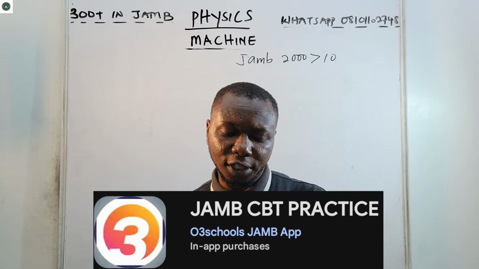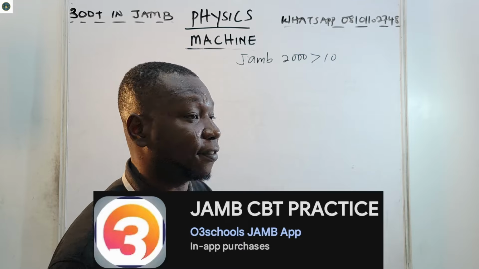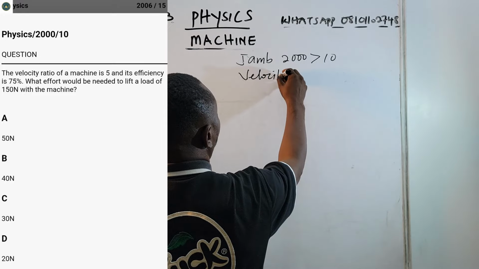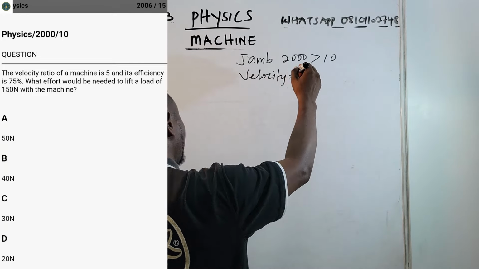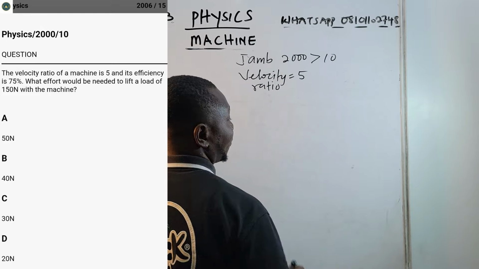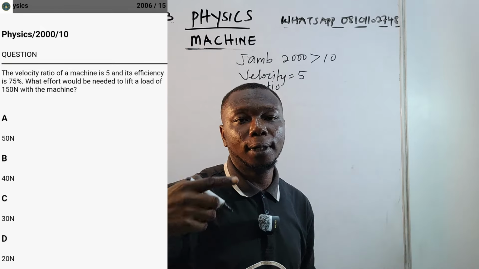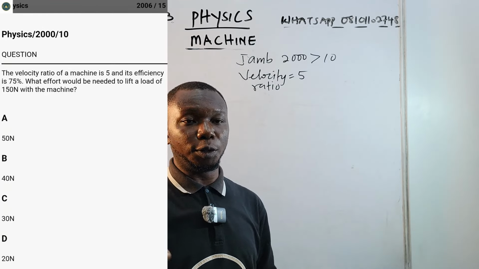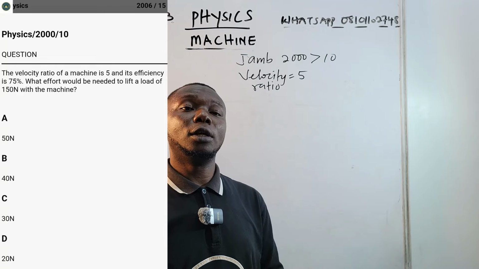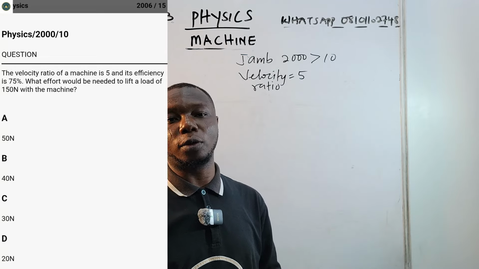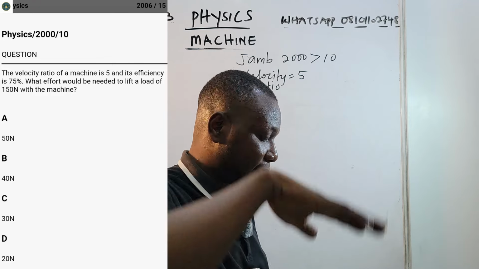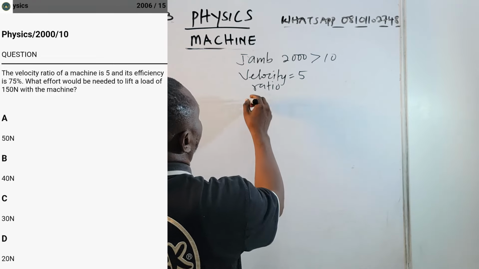It says the velocity ratio of a machine is 5. We know velocity ratio. The velocity ratio is 5. It could be in the rotation. That 5 is gotten from the rotation of the pulley. Remember, the pulley is a simple machine used to lift a load to a very large height. So we're told that the efficiency